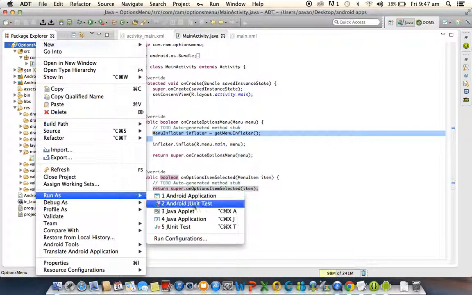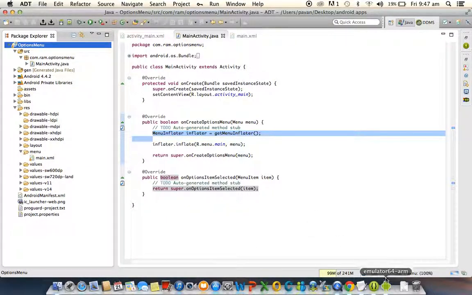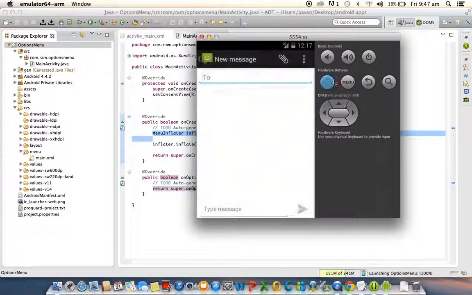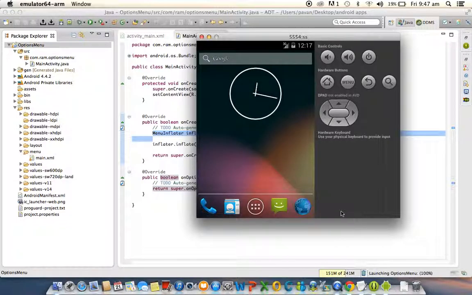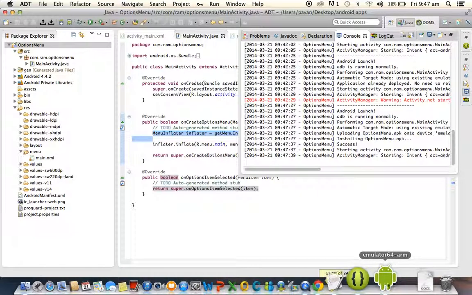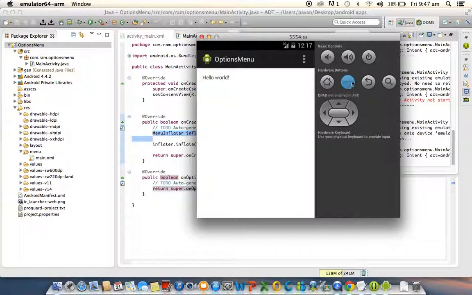Right click on the project, run as Android application. Right, see, click the menu button. Now four options we have created, four options came. So successfully we are able to create the menu.